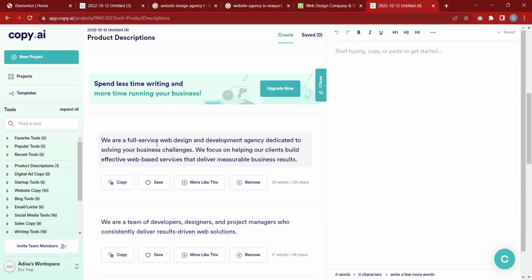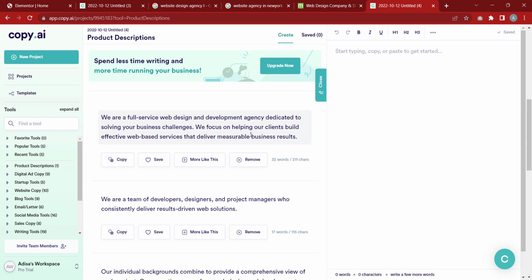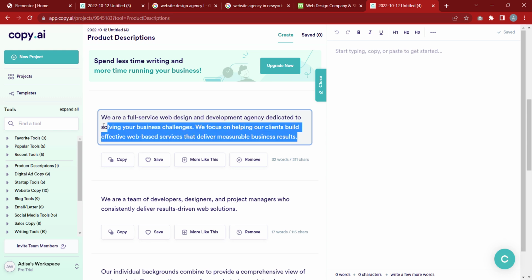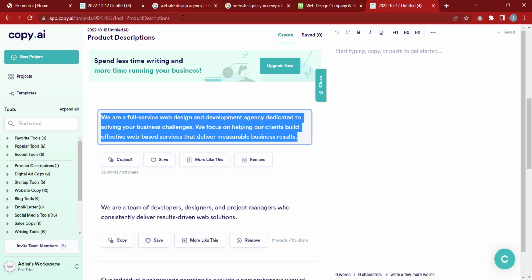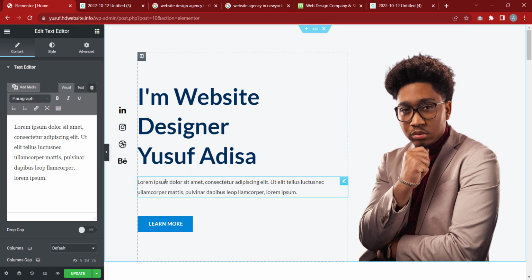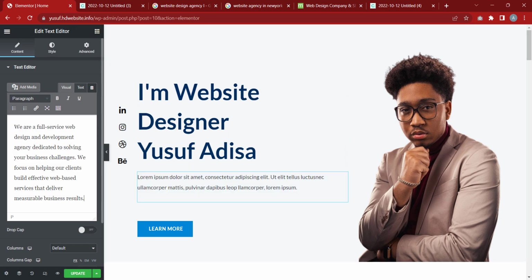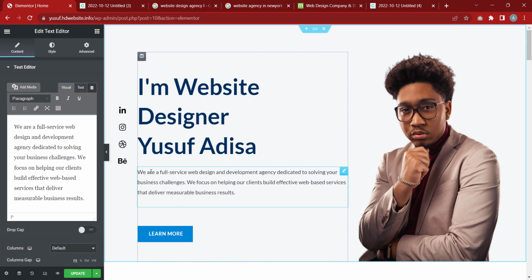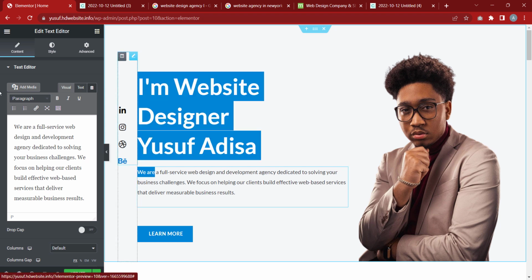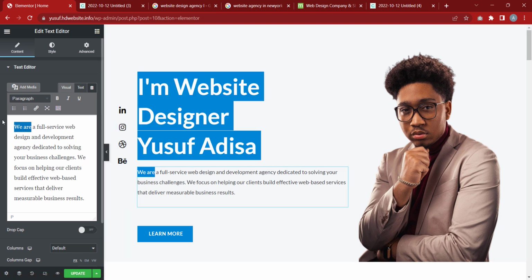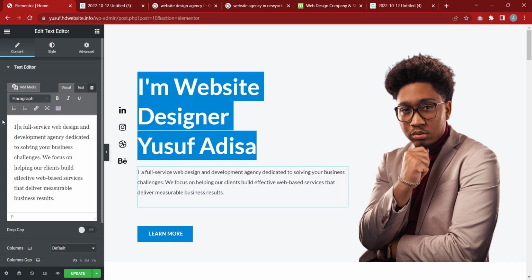So we are a full website design and development agency dedicated to solving business challenges. We focus on helping our clients build effective web-based services that deliver measurable business results. This is nice. So I can just copy it, Ctrl C, and I'll go back here and paste it. Then I'm just going to tweak a few things. I'm just going to change it to I am instead of we are. Since it's just one person, I am a full service website